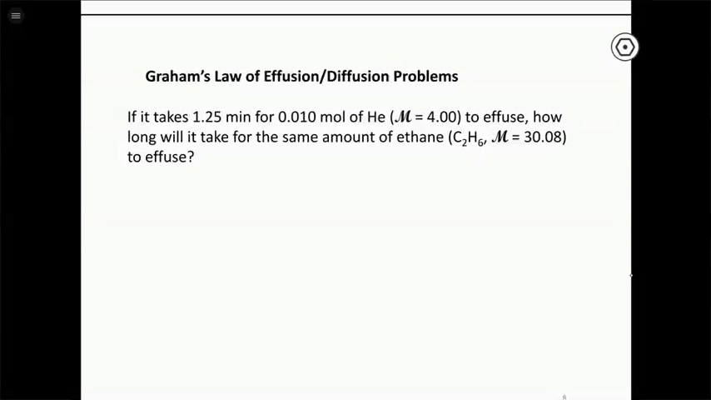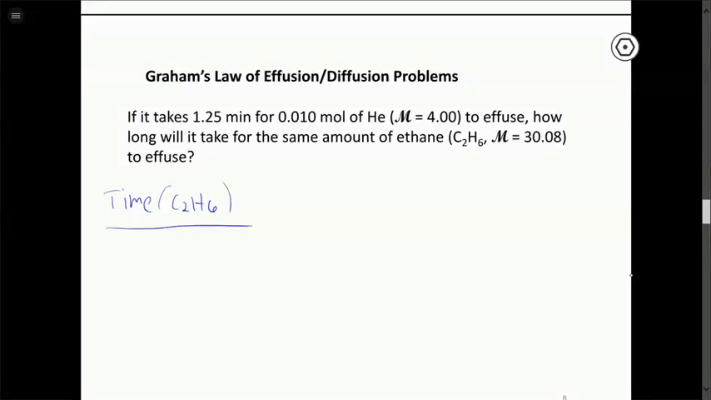So this time we're dealing with the time that it takes something to leak. And again, we can set up the equation either way, with either ethane on top or helium on top. It doesn't matter which way we do it. Since we're solving for the time that it takes for ethane, let's put that one on top. That makes the algebra a little bit easier, but you could certainly do it the other way if you started that way. So we're going to take the ratio of the two times, the time for ethane versus the time